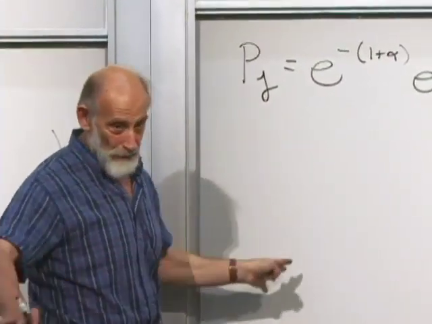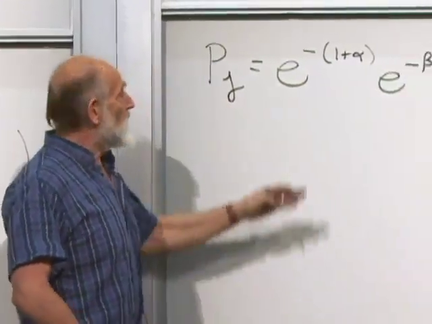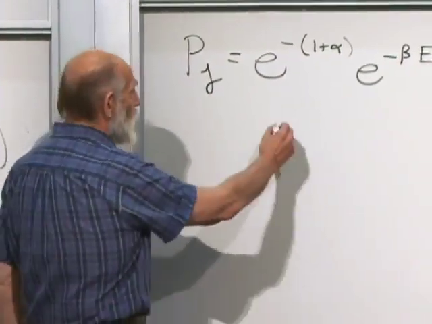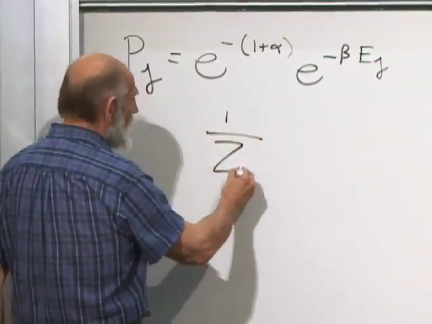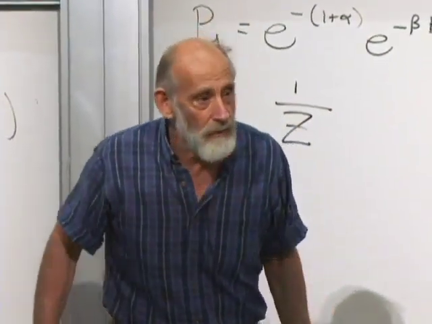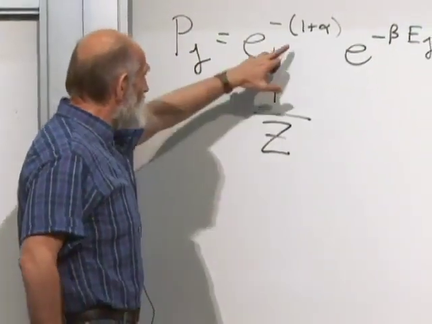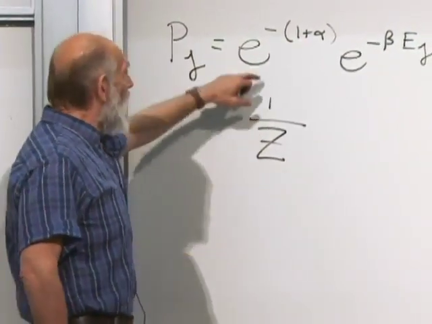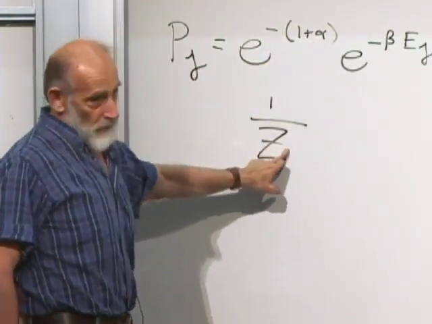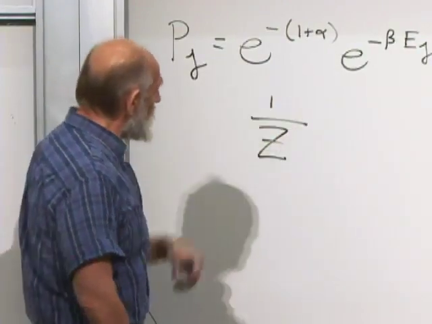Now, this object over here, I'm going to give another name. This is just naming things now. The Lagrange multiplier was alpha, but I'm going to give this whole thing here another name. I'm going to call it 1 divided by z. Why am I doing that? Historical. It's a historical notation. That's all. 1 divided by z. It replaces the Lagrange multiplier. I don't know what the Lagrange multiplier is yet. I don't know what z is yet. I haven't really done anything. I just made a change of notation. And this I'll leave in this form.